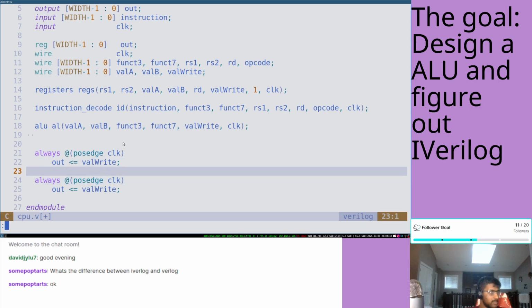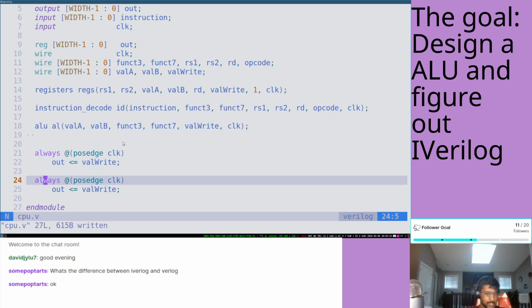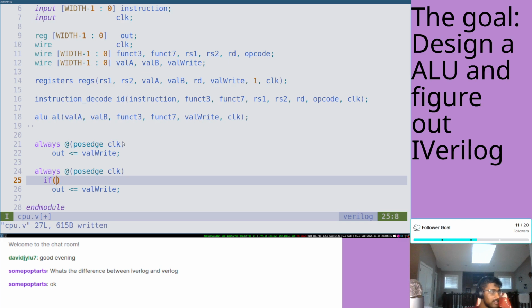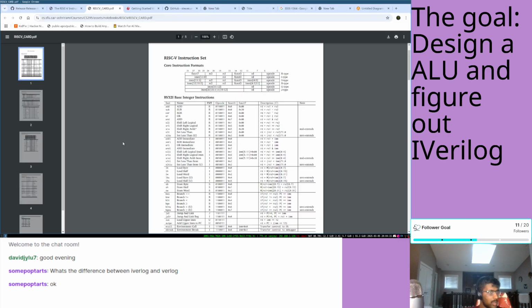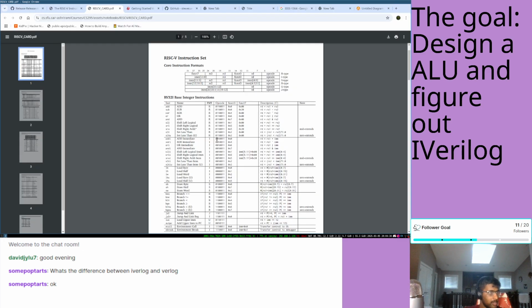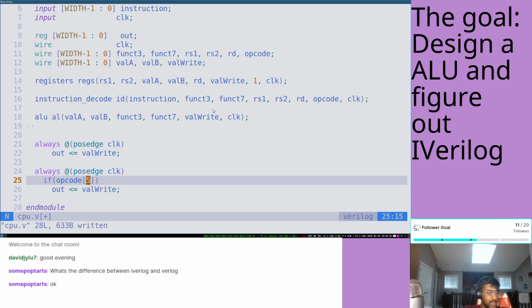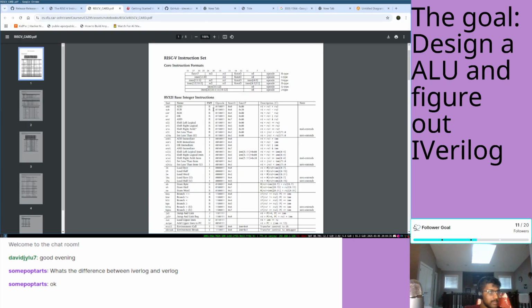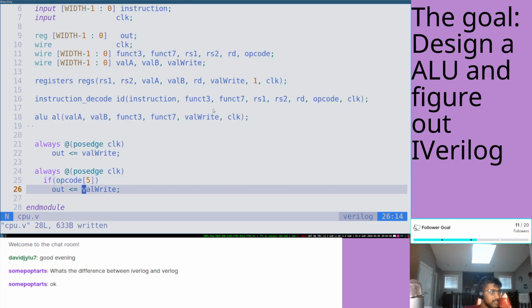We will set up a mux. If opcode is... is it? It is opcode. Opcode of 6. So if opcode of 7, yep. 0, 1, 2, 3, 4, 5. No, opcode of 5. Then if it's 1, what we do is we set the